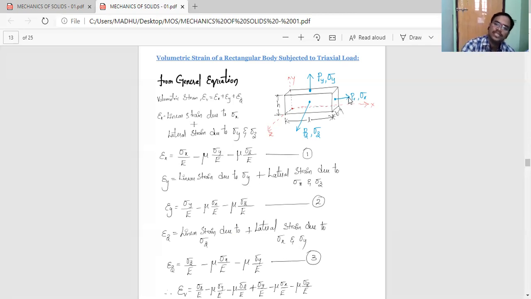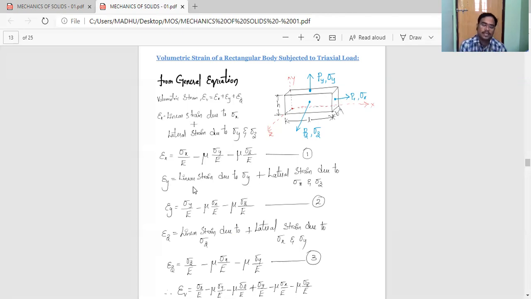Primary strain, it is a pulling strain here. The secondary strains are compressive strains. So we have the effect of these two: minus mu sigma y by E, minus mu sigma z by E. Similarly, epsilon y, linear strain due to sigma y plus lateral strain due to sigma x